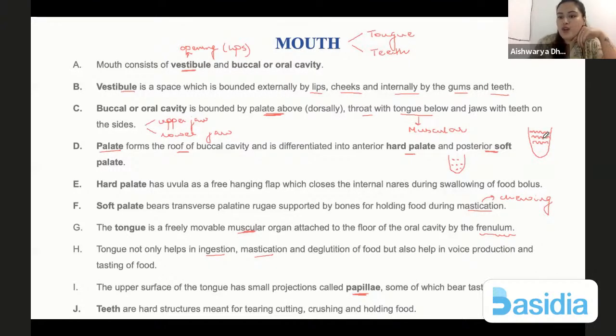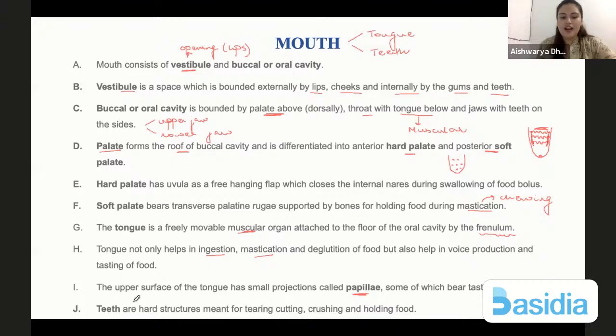Now, all of them do not bear taste buds. You have taste buds here, somewhere here. You have taste buds on the circumference, and you have taste buds here also. Usually in the center, the taste bud is absent. That is why when you take a medicine and you don't want to taste it, because it tastes awful, you can place it right in the middle of the tongue. Then you can have water and swallow it. It helps in not tasting that medicine.